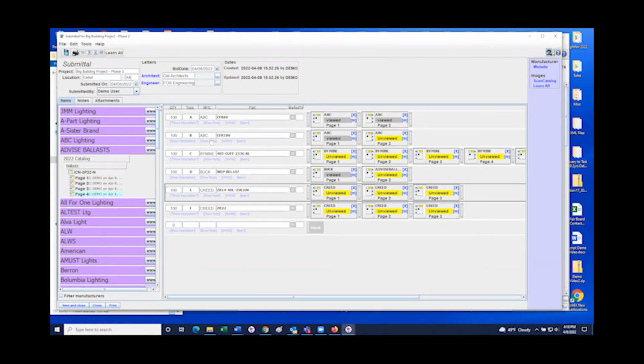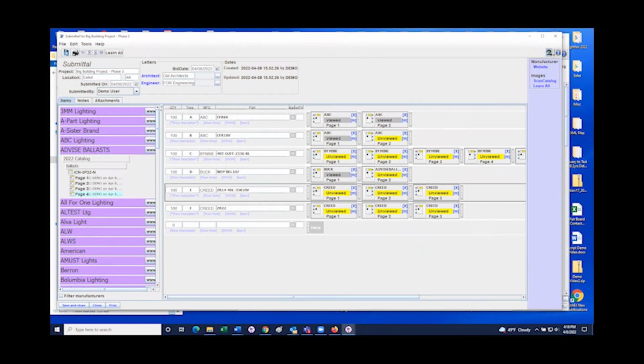Once you've done a submittal, it's going to assume that you want to change the status of this quote to submitted status. So you've probably seen that already in the quote screen, but it will change the status of it to submitted. All of this header information will also appear on your submittal cover letter